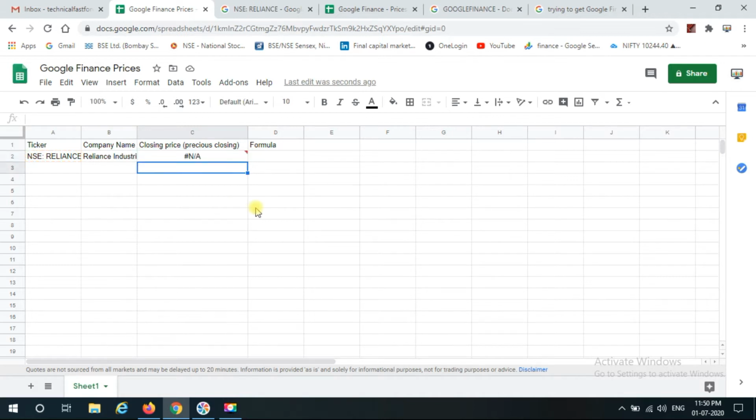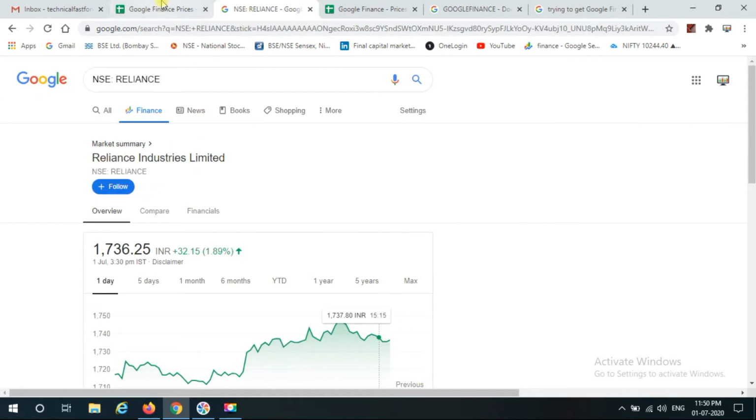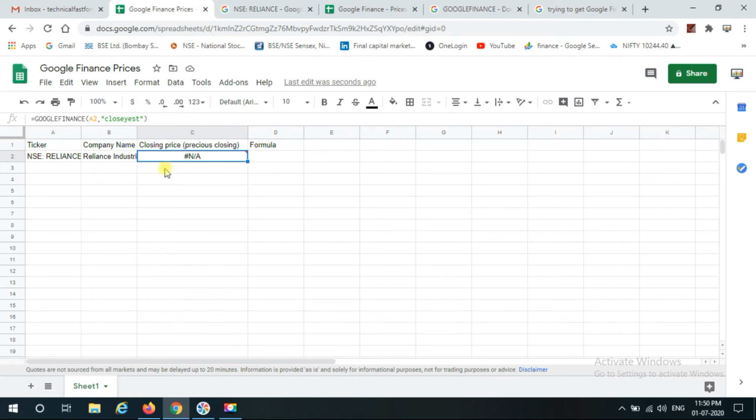This is done, but you will still not be able to get the prices. So what is wrong? I have the ticker right in place, and I have the attribute properly. So what is the issue with this? The issue is that the ticker should not contain spaces in between. We have one space over here. I'll remove the space and press enter.